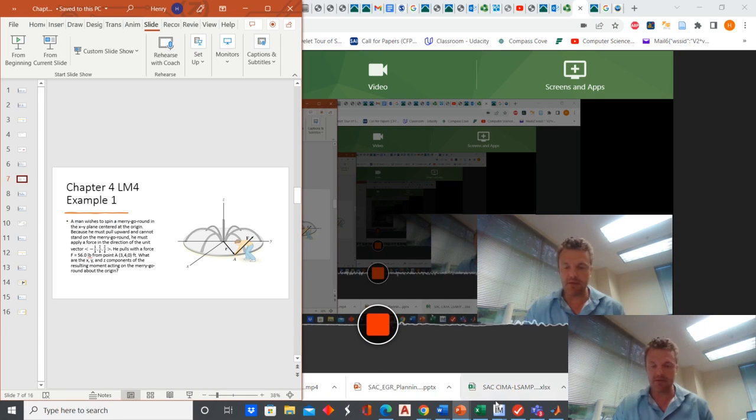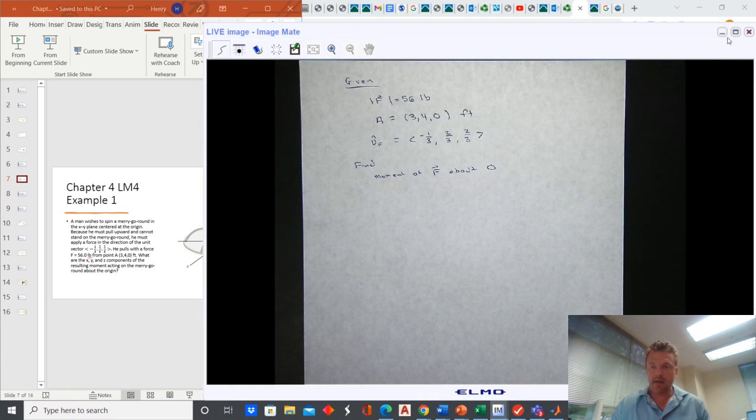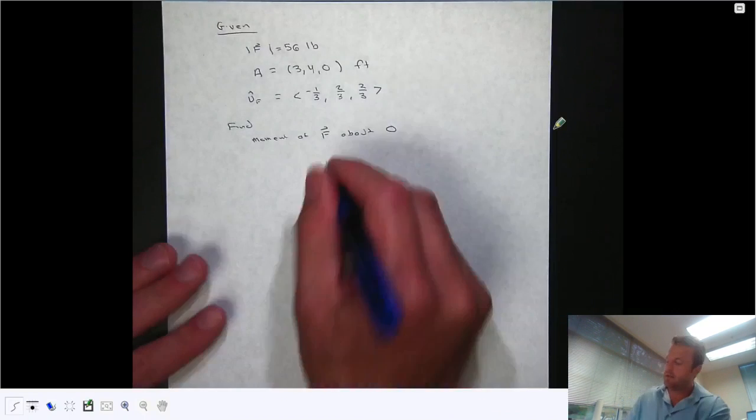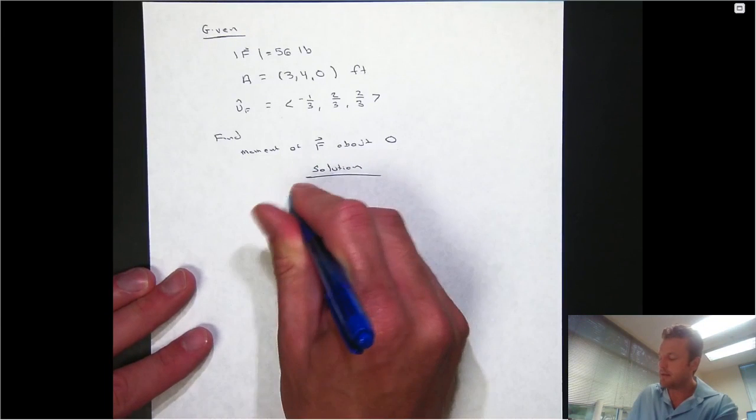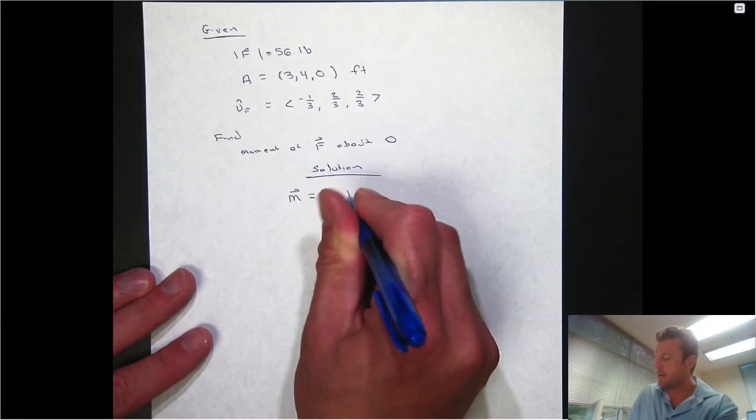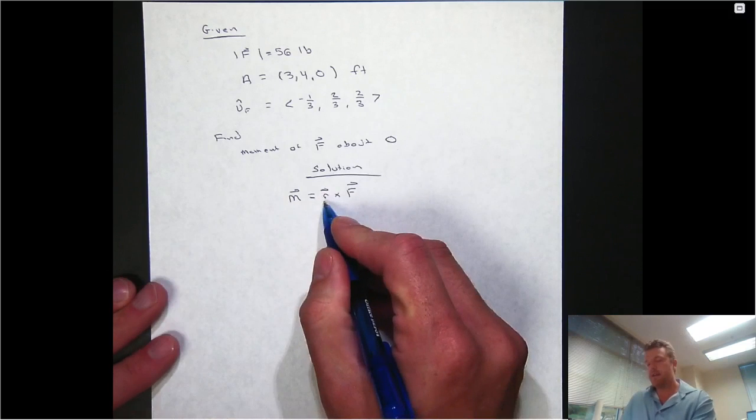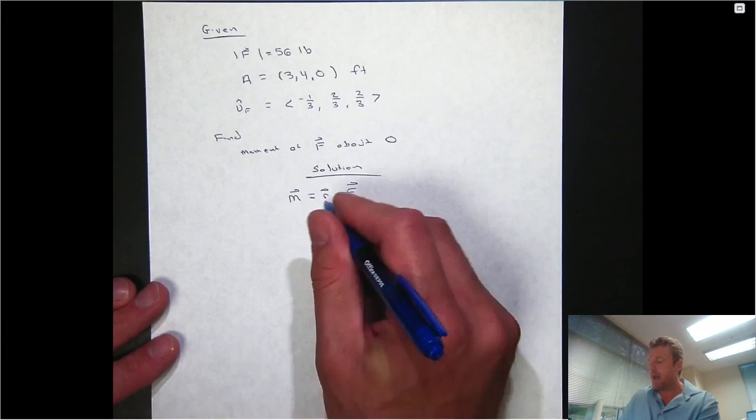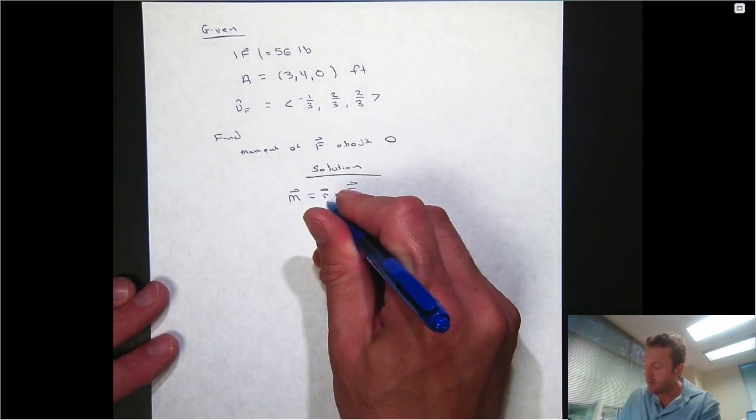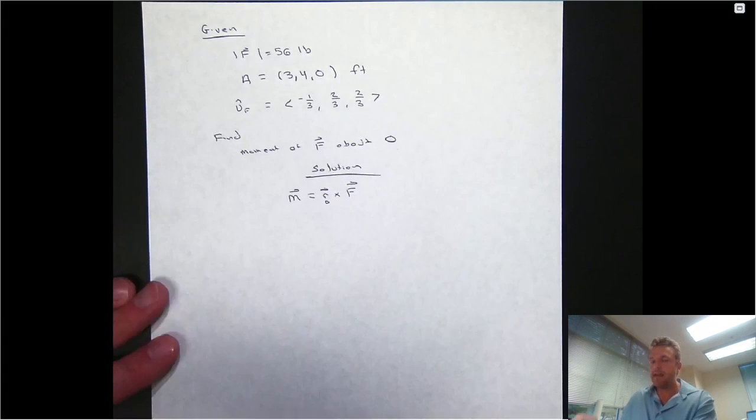So let's talk about how we would actually go about doing that. The key formula that we need is that the vector formulation for a moment says that we can compute it if we take the cross product of any position vector from the point of interest to the line of action of the force. Now, in this case, we know that we're computing the moment about the origin, and the only information